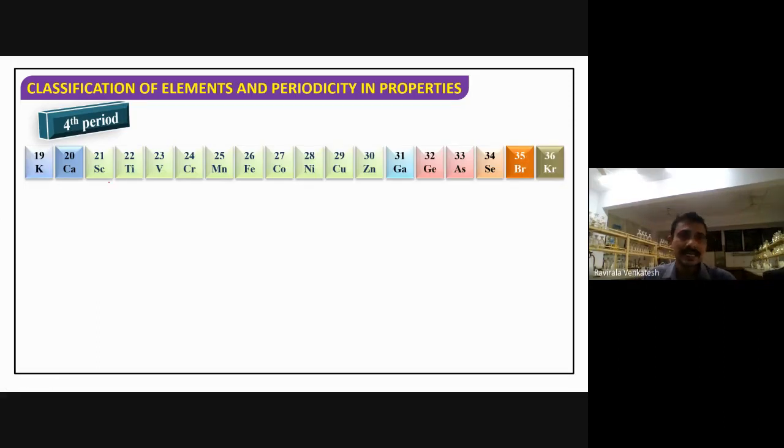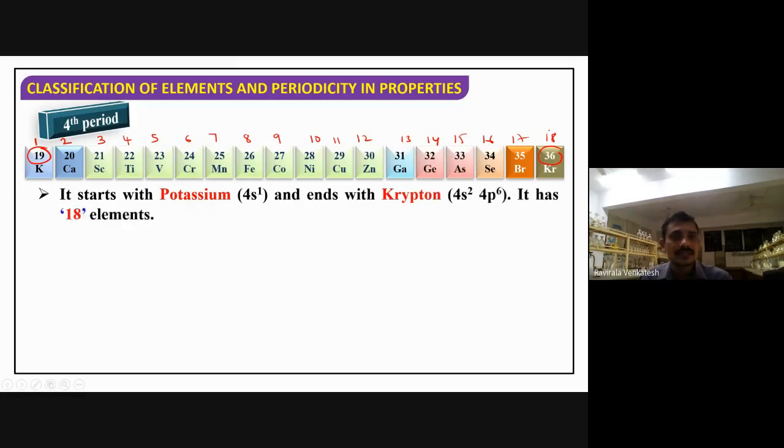Potassium, calcium, scandium, titanium, vanadium, chromium, manganese, iron, cobalt, nickel, copper, zinc, gallium, germanium, arsenic, selenium, bromine, and krypton. These are the elements we have. Atomic number from 19 to 36, isn't it? Now, which groups do these belong to? First group, second group, third, fourth, fifth, sixth, 7, 8, 9, 10, 11, 12, 13, 14, 15, 16, 17, isn't it? The electronic configuration starts from 4s1,